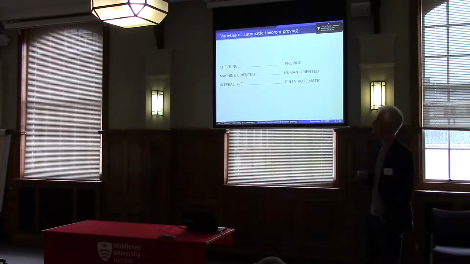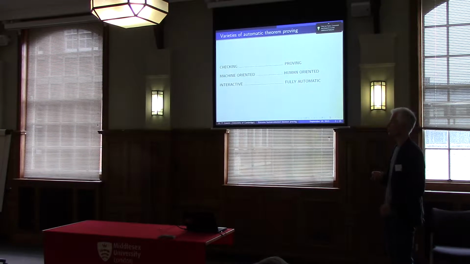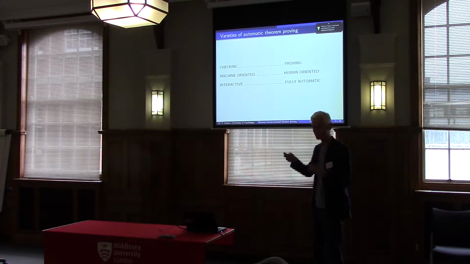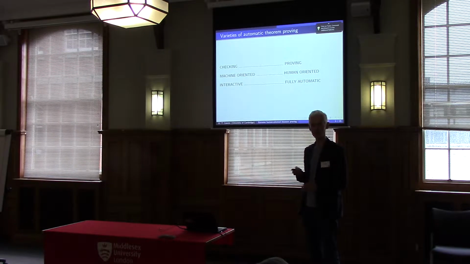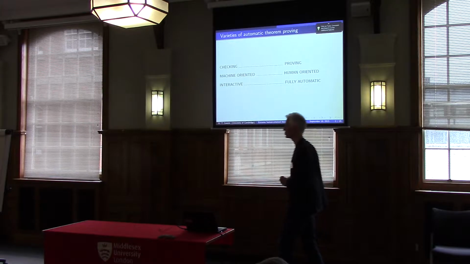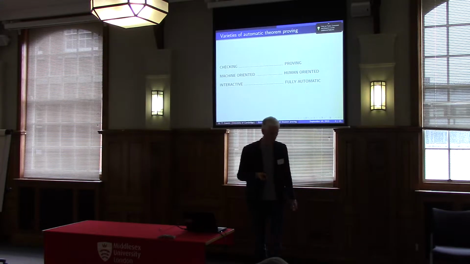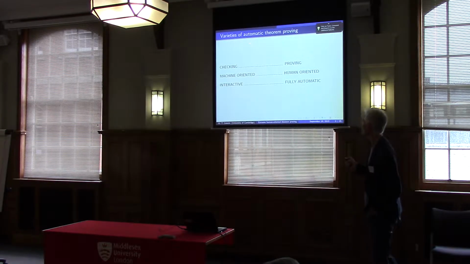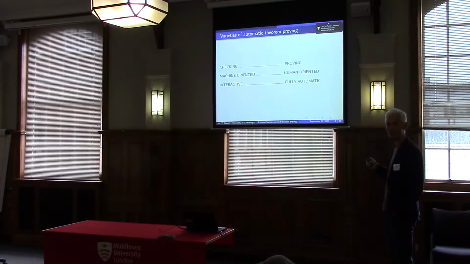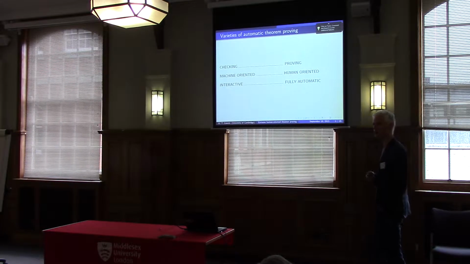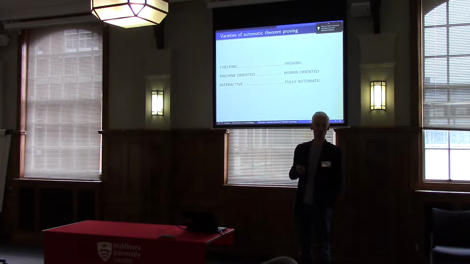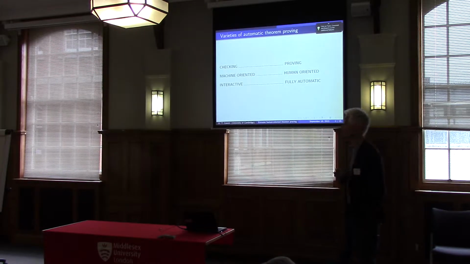But it's a spectrum, because you can use some of the things that humans do to speed up your searches in machine-oriented approaches, and also if you're doing a human-oriented approach, you could sometimes use the brute force of computers to cut a few corners and find steps that humans would find in their mysterious human way. So Mohan and I are as far to the human-oriented end of this spectrum as it's possible to be. In other words, we try to outlaw anything from the proof discovery process that a human wouldn't do. I'll say a lot more about that as we go along.